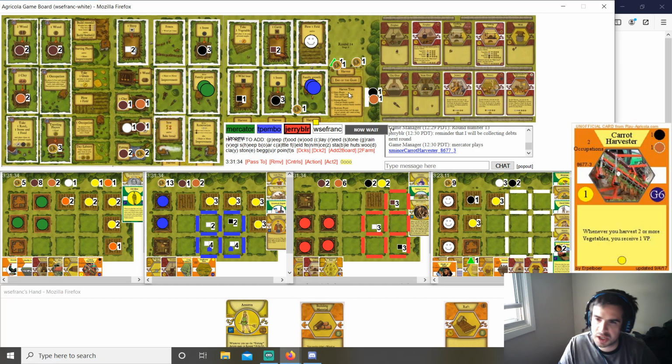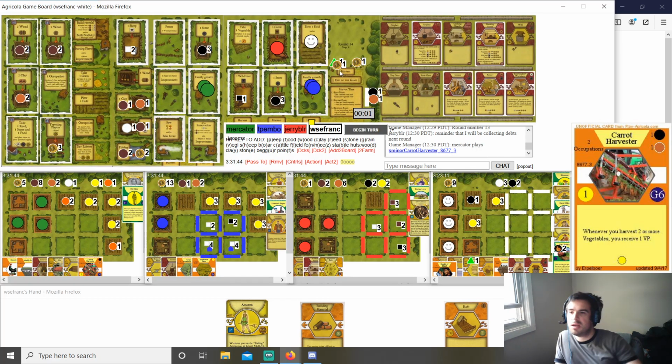I was pretty fortunate that the other players were involved in their own stuff, that I got to build in 5, start player to build in 5, grow in 6. That was exceedingly good for me. Oh, jerryblr is taking another 2 cattle. Okay. Well,